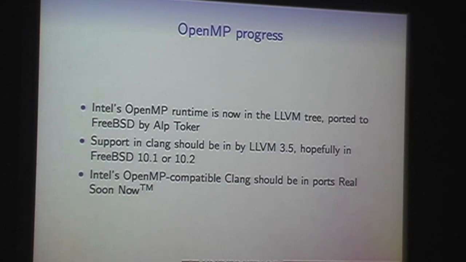A lot of the work that's been done in the ports tree has been to separate out the specific reasons why ports can't build with Clang. So rather than saying this port needs GCC, they'll say this port needs OpenMP. So that means it's very easy for us to just flip a switch somewhere in the ports tree and say, now everything that needs OpenMP, build it with this compiler, and then this compiler, and then eventually we should have it all working.